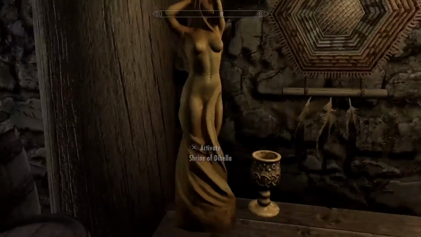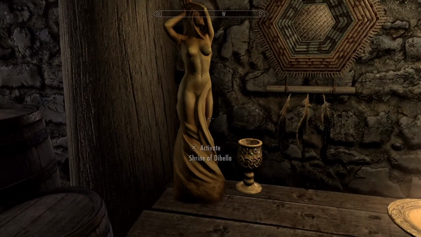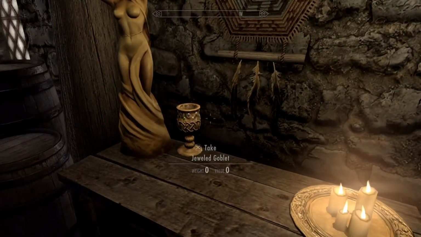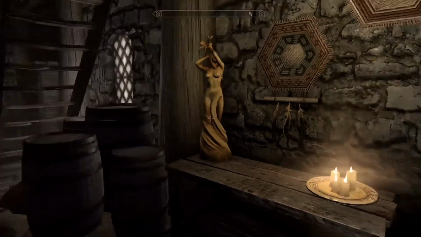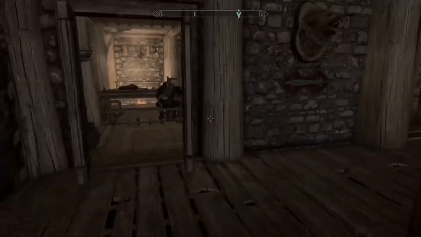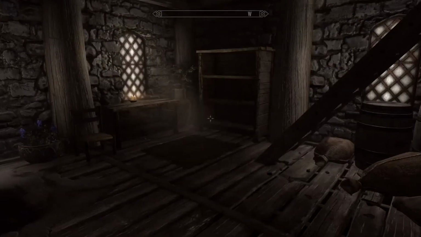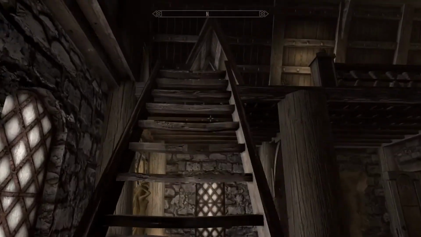Shrine of the Beller. Oh, it's activate Shrine of the Beller. So that's actually a shrine this time. It's not actually a thing. Oh, short goblet. Ah, it's mine now. I don't know why it does, but it's mine. Another glass sword if you want it. Okay, and if we go up,